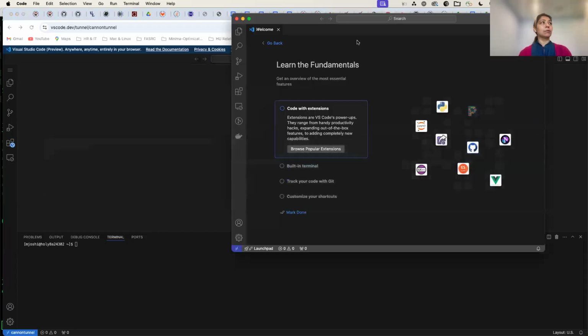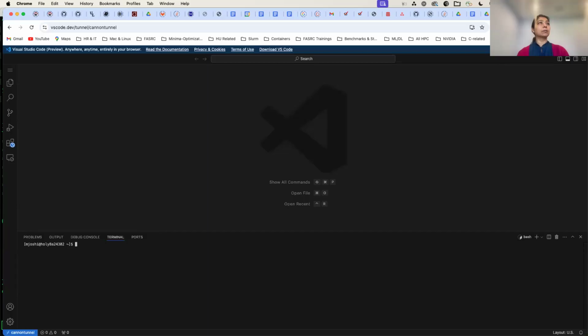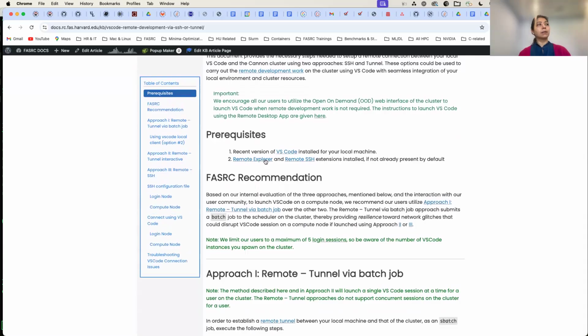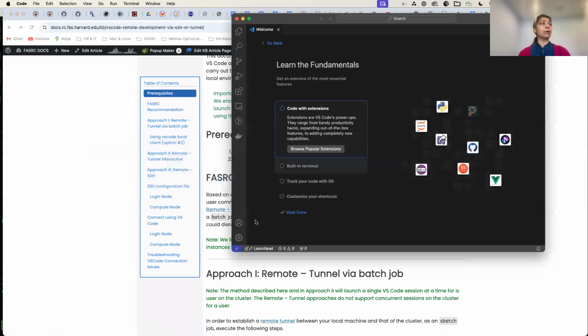The other thing is, if you have your local VS Code, you start that up. Now, the prerequisite, as you will see on our documentation, is that you should have already installed the Remote Explorer and Remote SSH extensions. So assuming that those things have been taken care of, all you need to do is first you click on your accounts, make sure that you turn on this remote tunnel access. So in my case, since I already did it yesterday when I was trying it out, it's already on for my profile. But before you start the tunnel, make sure that this remote tunnel access is on once you click on your